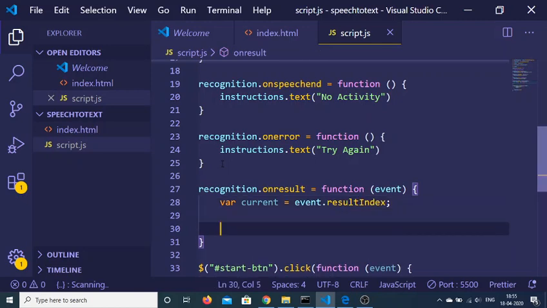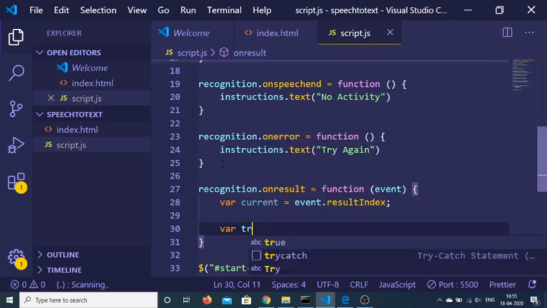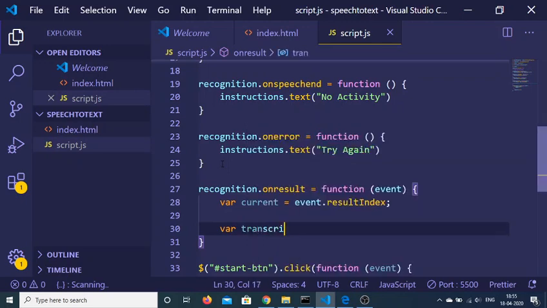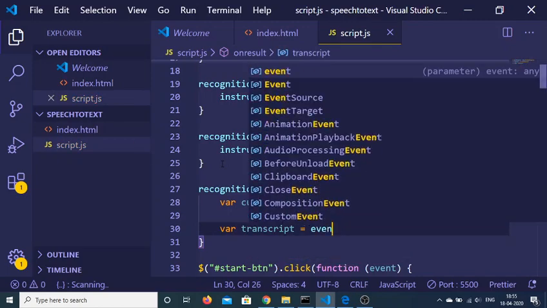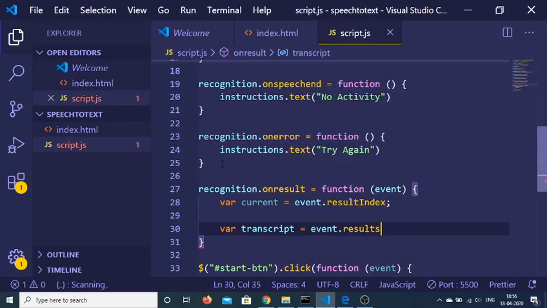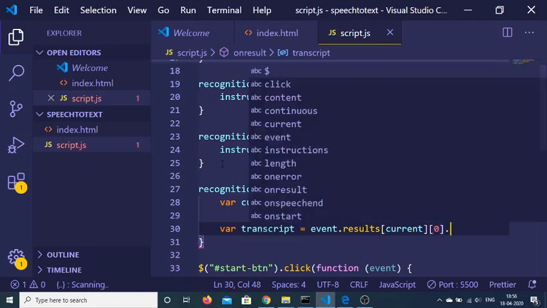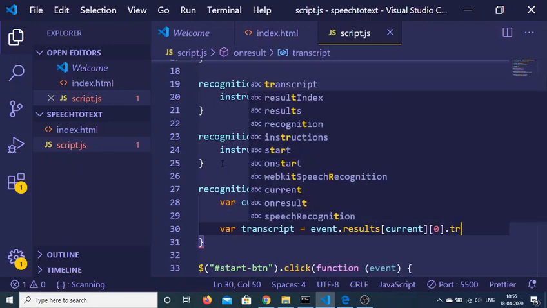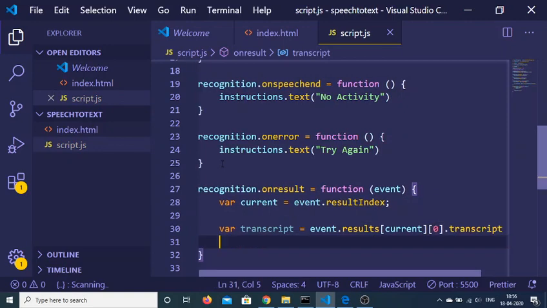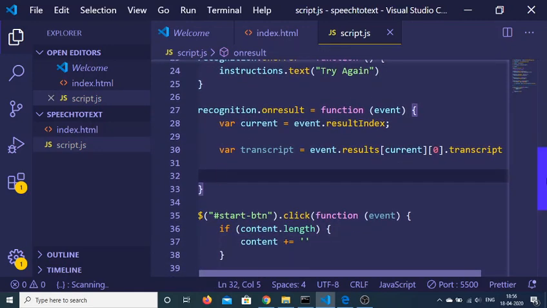After getting the index, we can just create a transcript variable. So this will be event dot results holding the current index and passing here 0, and you need to dot transcript. That's it. So this will transfer the data that you have spoken through your microphone.